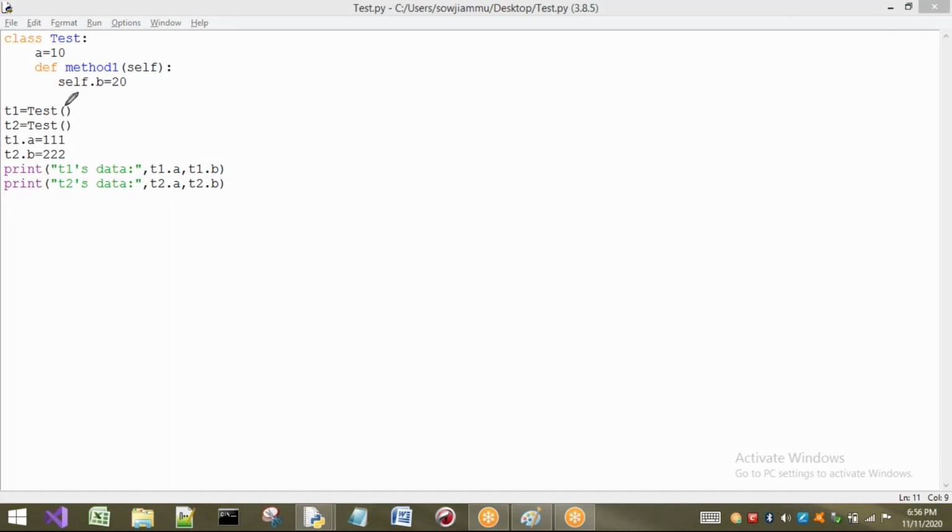Now see what happens here. Test T1 is created. While T1 is being created, what happens? One static variable is there, A equal to 10. It is pointing to it. It is available for T1 also. After that,